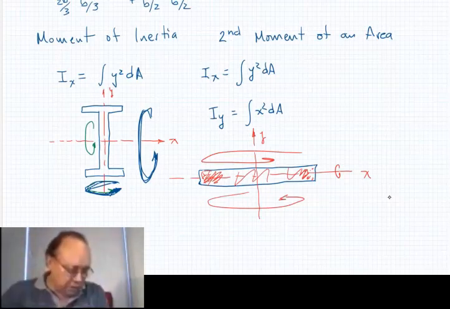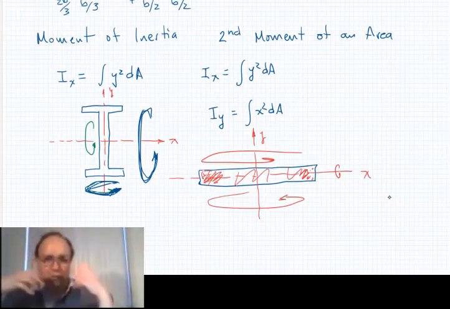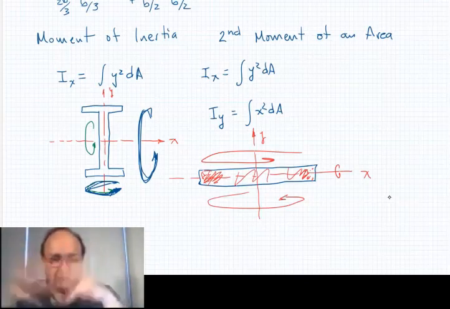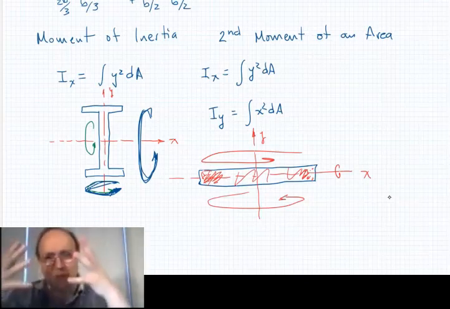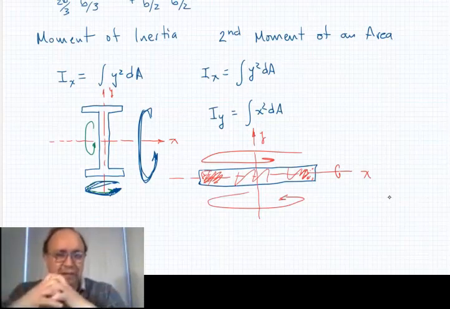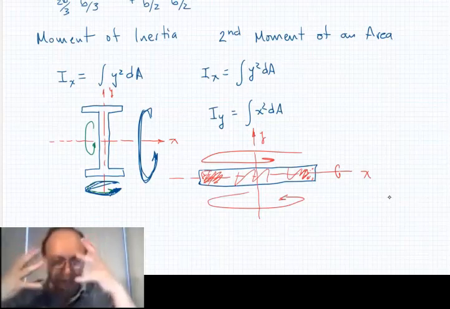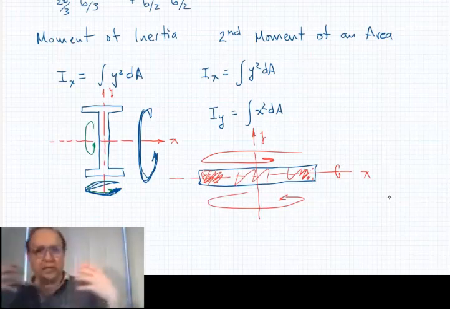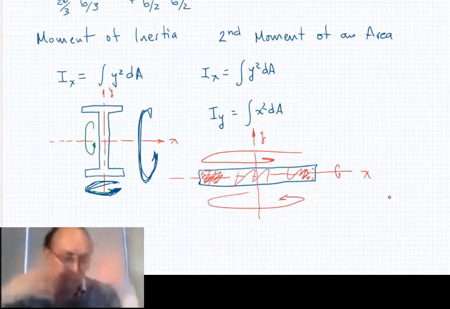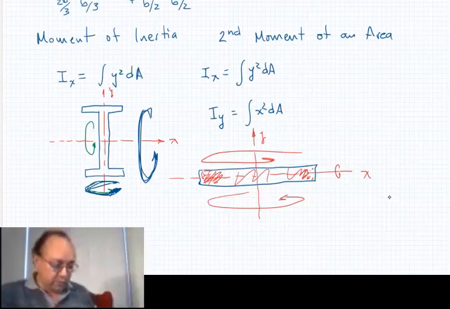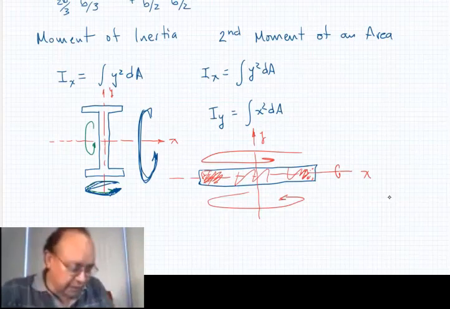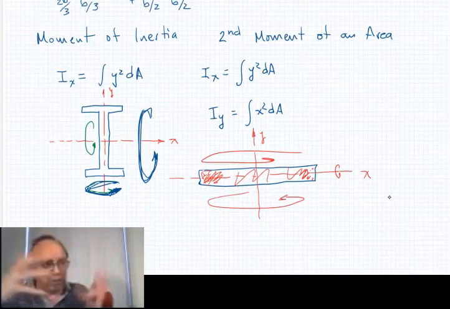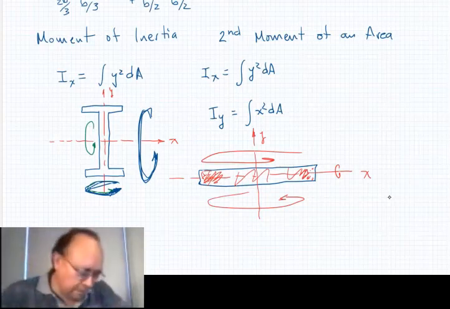That's a very important concept, and also to feel what the moment of inertia is. Sometimes you are interested in finding the largest moment of inertia of a section, then you have to feel what is the best axis in order to get the best moment of inertia for a specific application. You will be using this a lot when you study the stresses on a beam, because the moment of inertia controls how the areas are distributed in order to distribute the stresses within the beam.